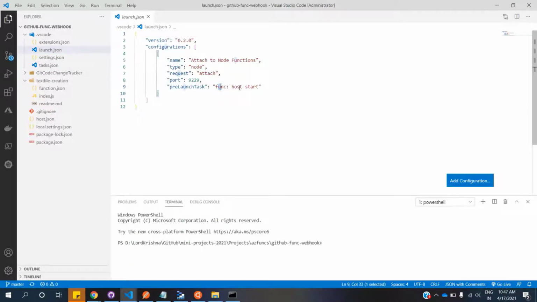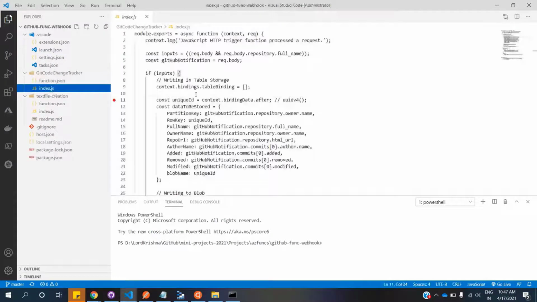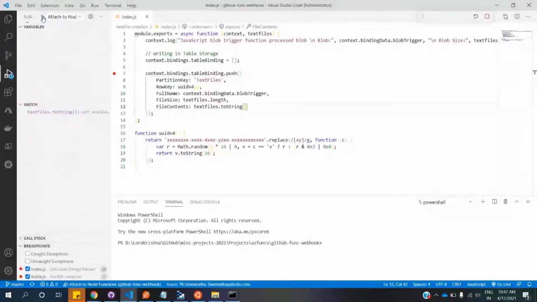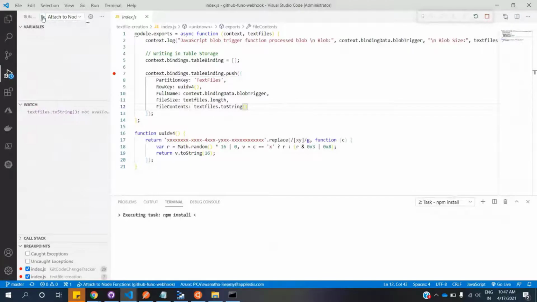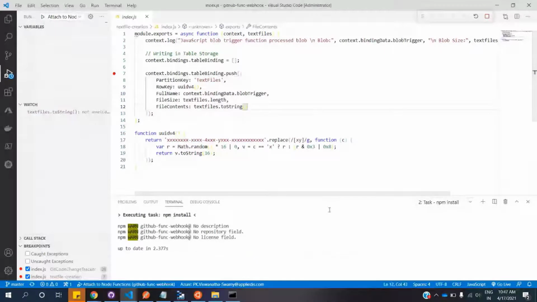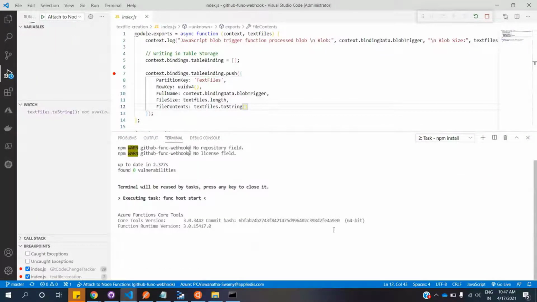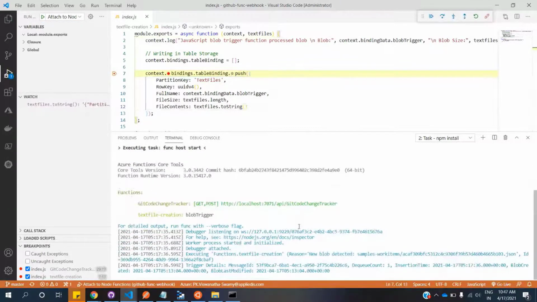So actually, this should be the launch settings. So now what happened is, let's come back to this one, because technically the code is same. The code is one and the same, because I tested this last night. And let me place this here, and I do start. So it will do a func host start. So we'll see over here, it does the func host start here, and it takes 1 or 2 minutes, and it just comes in here.